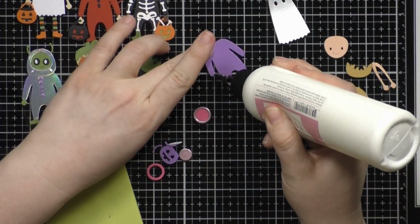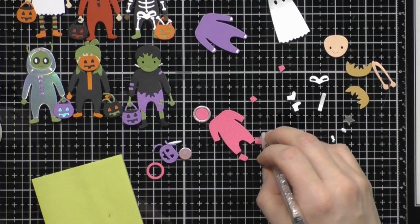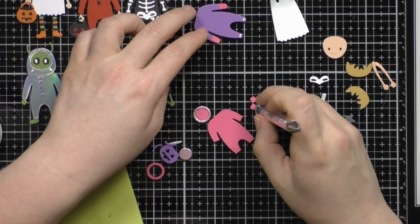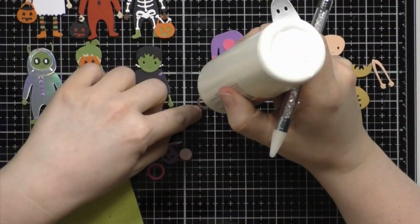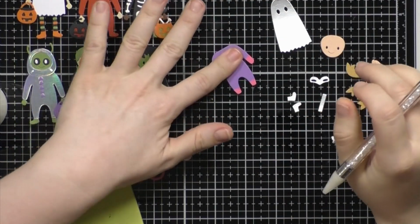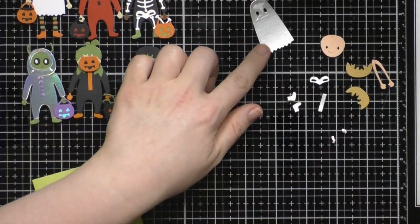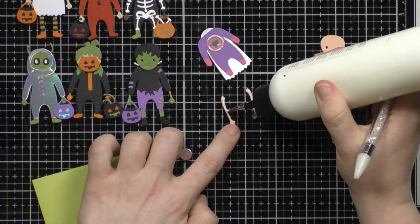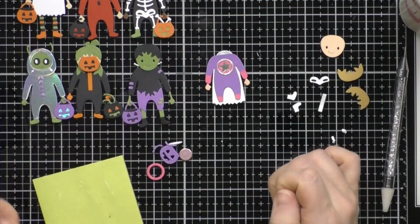Now, last but definitely not least, probably my second favorite of the reimagined characters is this little lady. And she is going to be a superhero. Now, in order to make the extra pieces of the costume, I just cut the body of the costume twice, and I cut off the little contrasting pieces for the arms and legs. This is actually one of the O's, the letter O's, that is in Boo from the sentiment die that comes in the set. This is the only thing that did not come from a die cut, which was just a little silver star that I pulled out so that she would sort of look like a pastel pink and purple Captain America. And then her cape is actually the piece that you use to make the body of the ghost,